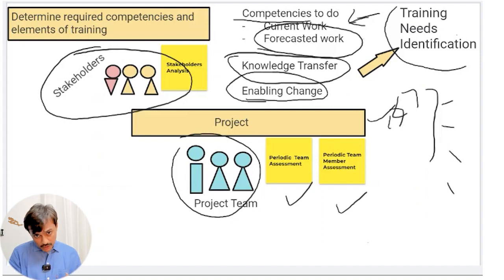So it is not a one-time job. It looks to many of you like it is just the beginning of the project, but you may do it throughout the project. And yes, generally, when it comes to stakeholders, initially at phase levels and especially towards the closing of the project, you may have a lot of training needs from the stakeholders because they are the ones who will take the change forward. They want to get knowledge of it before the project team closes